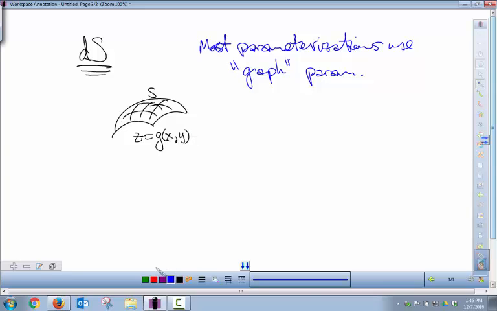Then we can parameterize this by saying r of x, y, where x is x, y is y, and z is equal to g of x, y. And so the dS, if you remember, is the magnitude of r_x cross r_y, or r_u cross r_v. So whether you call these x's and y's like I'm doing, or u's and v's,